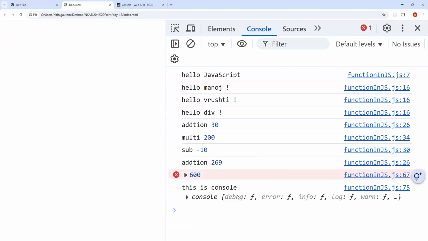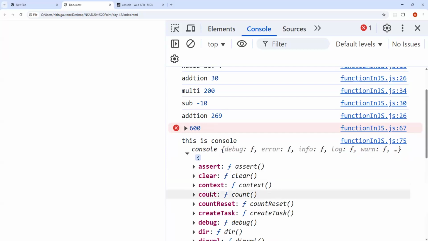JavaScript is nothing but functionality, and it provides you extra code blocks. Functions are code blocks used to run a block of code again and again, or to reuse a block of code.